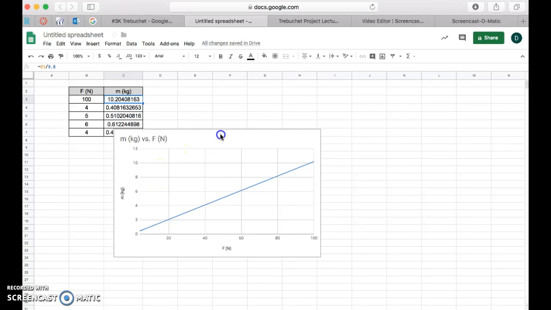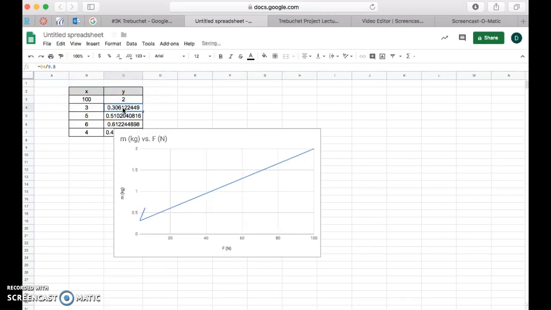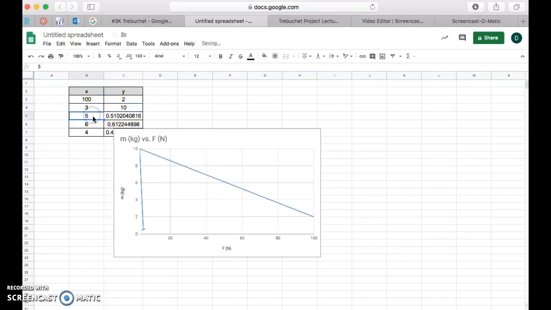If your math teacher wants you to graph a different set of data, and maybe it isn't even force and mass, it's some other x and y. Let's say your teacher says, this is x, this is y, and they say, we'll get rid of our equation. They say this is like 2, and this is 3, and this is 10, and this is 4, and so on. So look at how it does the graph for you. Now, this title doesn't make sense anymore, but